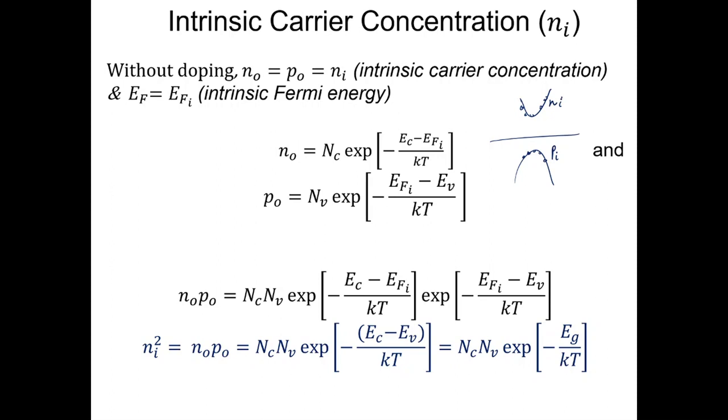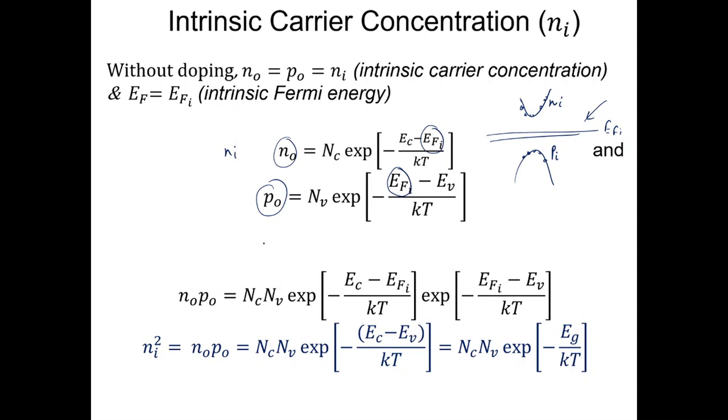Let's call that intrinsic electrons. So these intrinsic electrons and these intrinsic holes, can we find what should be the value of these intrinsic electrons and holes? So let's assume that under this condition, when we are not doping externally, the Fermi level is at a certain value. Let's call that EFI, which is the intrinsic Fermi level. So if we use the previous relations for electron and hole concentration, and if we replace EF, which is the Fermi level, by EFI, which is the intrinsic Fermi level, we should be able to get the intrinsic concentration, which is Ni,